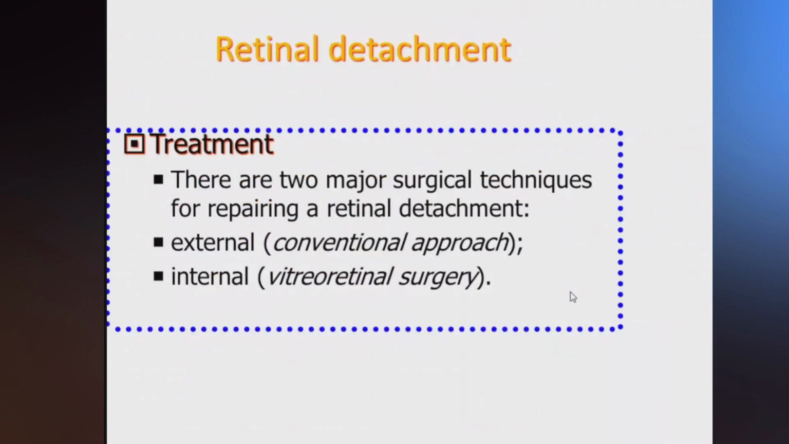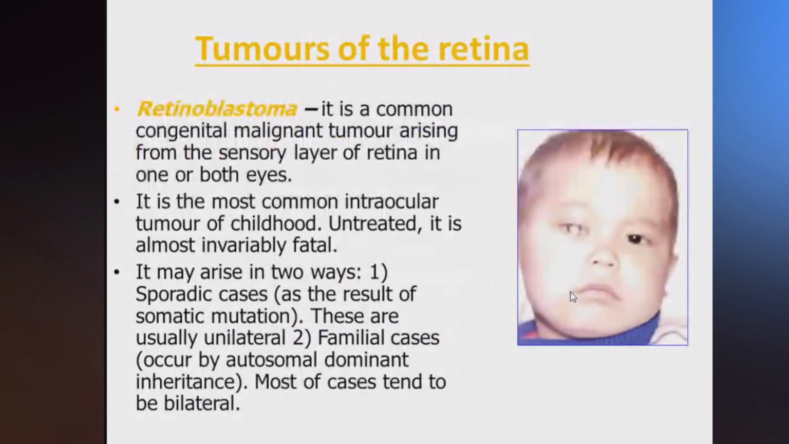Treatment, as I have already mentioned, should be as early as possible. There are some methods: external conventional approach and internal vitreoretinal surgery. I would like to say some words about tumors of the retina. The most dangerous and most frequent is retinoblastoma. It's a congenital malignant tumor,